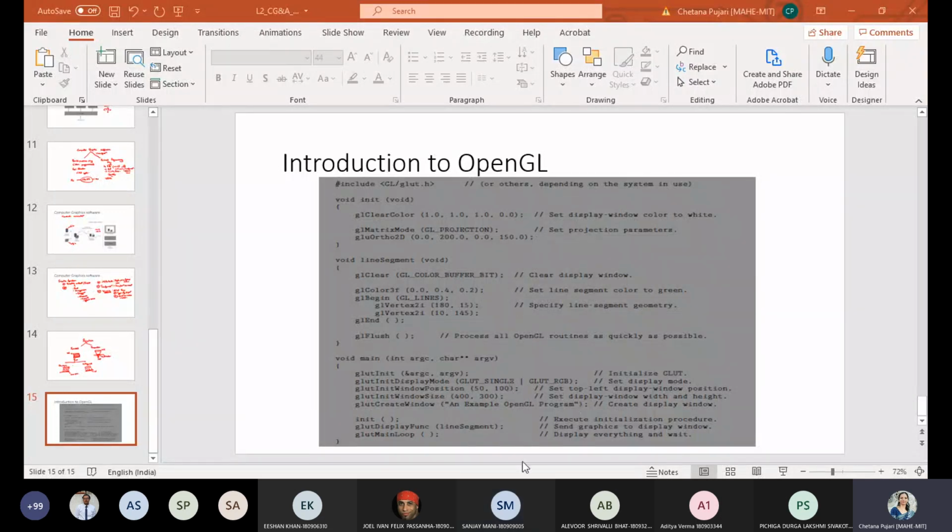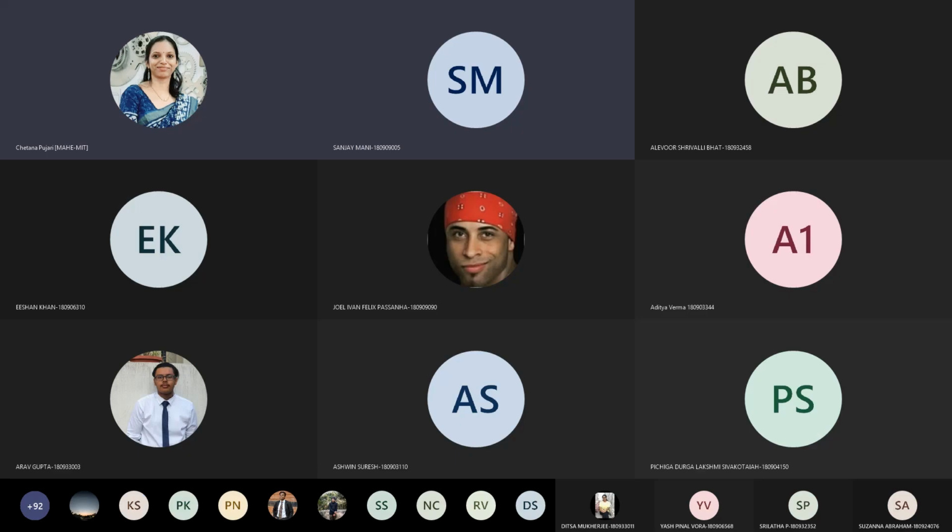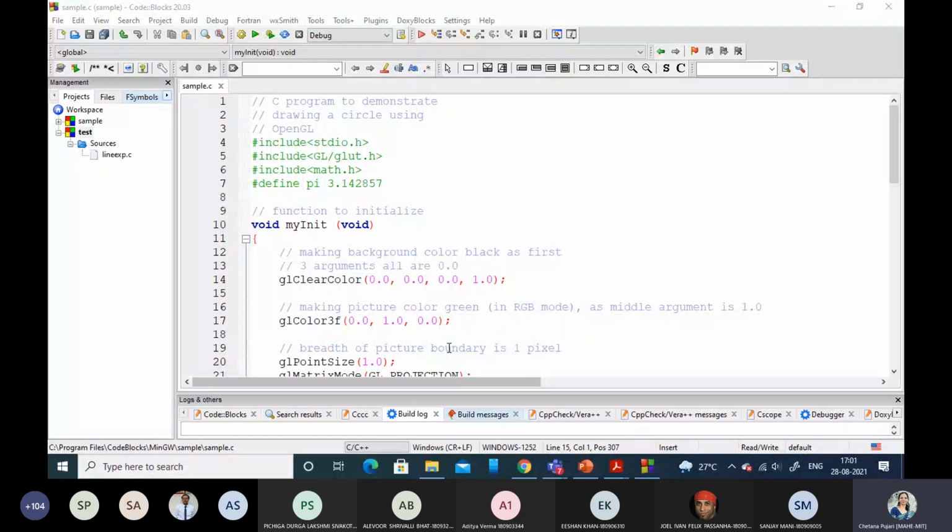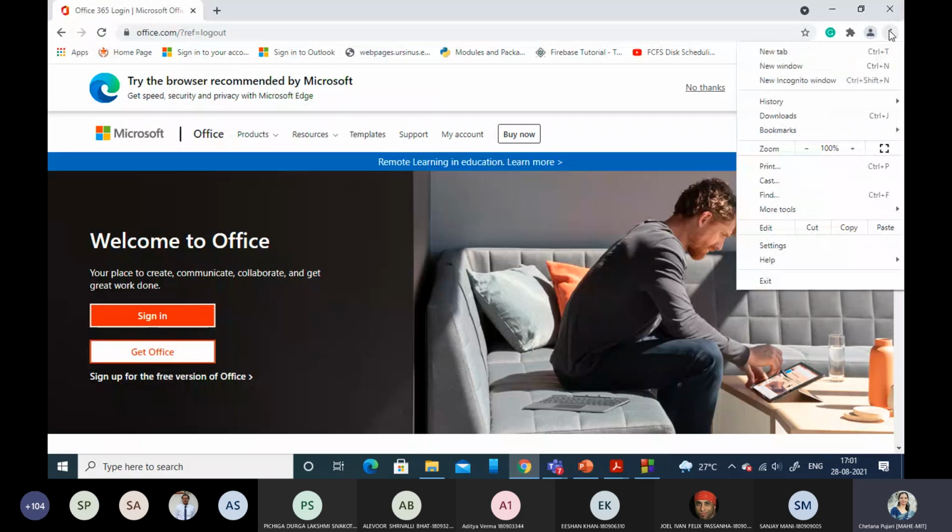Okay, I'll just quickly share my screen. First thing you have to do is install Code::Blocks, which you have done. I'm using Code::Blocks, but you can use any editor.